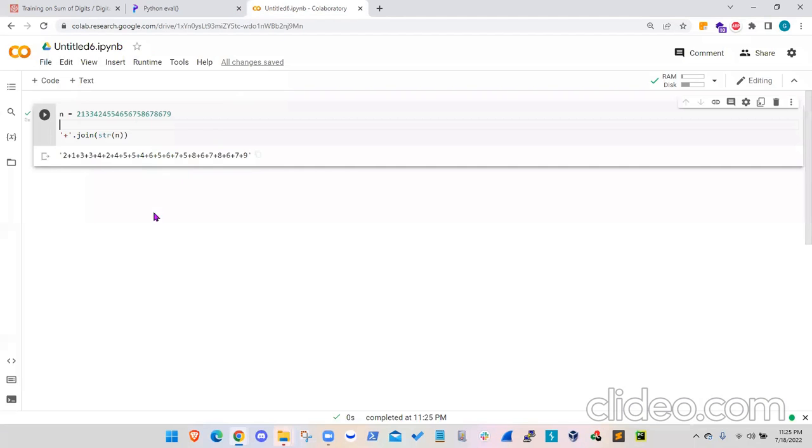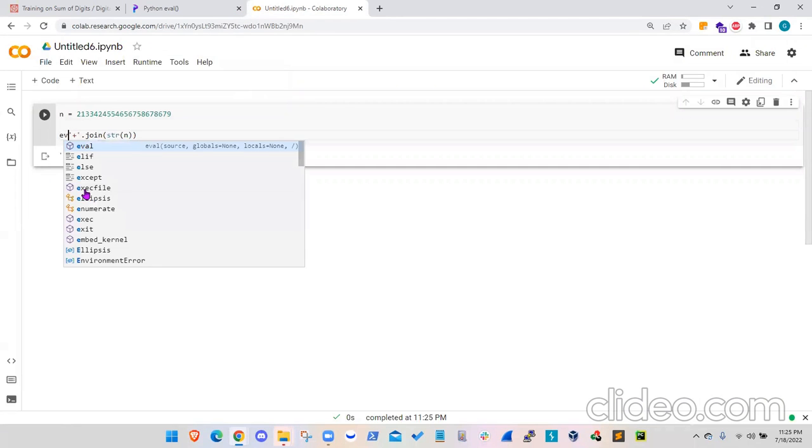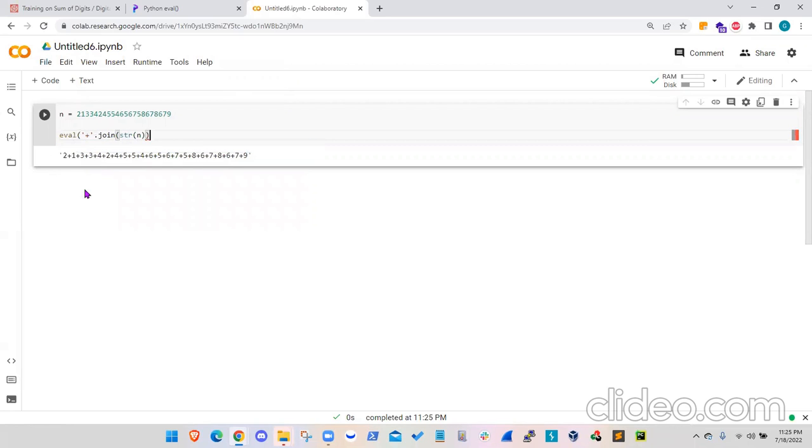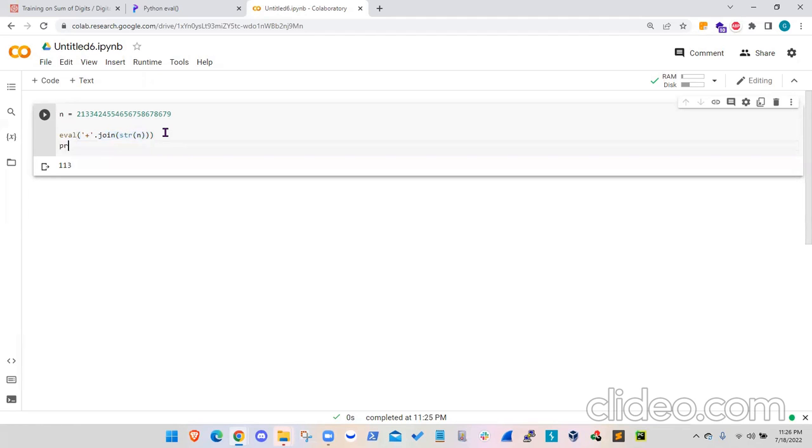So basically, if we have an eval function in the beginning, we will get a result, and that will be the evaluation of this string inside the parenthesis, which is the digits added up together. It's very interesting and very useful in here. So if I just print it, n is the big integer here, and this is the evaluation operation. So I can assign it to n and run the